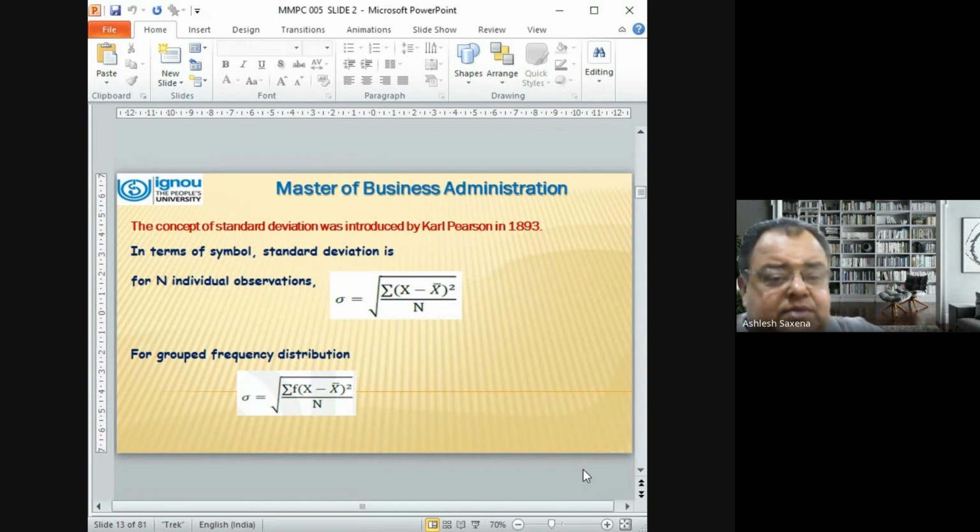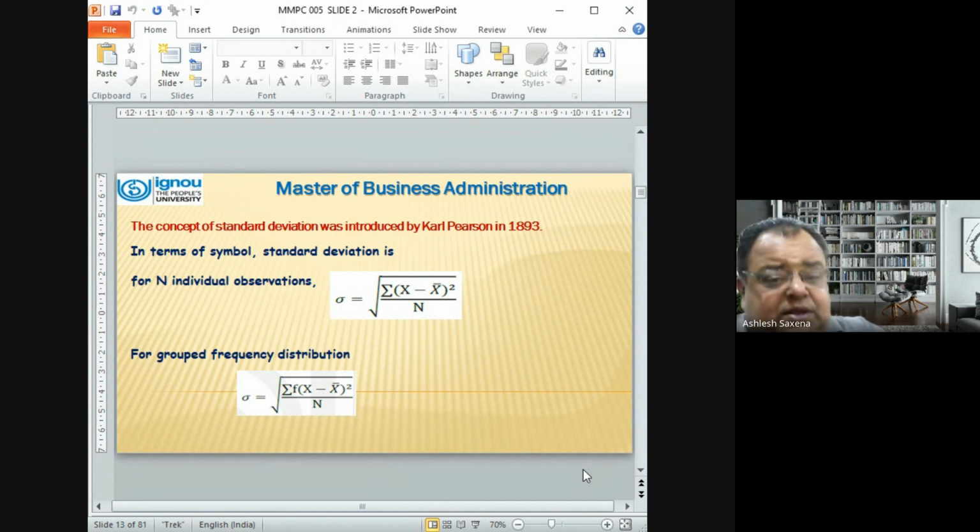In terms of the symbol, standard deviation is for an individual observation, that means for raw data. Standard deviation is denoted by sigma. Sigma is equal to the square root of summation (x minus x bar) square upon n. First of all, this is the formula, and later on during the session we will see how it is applied